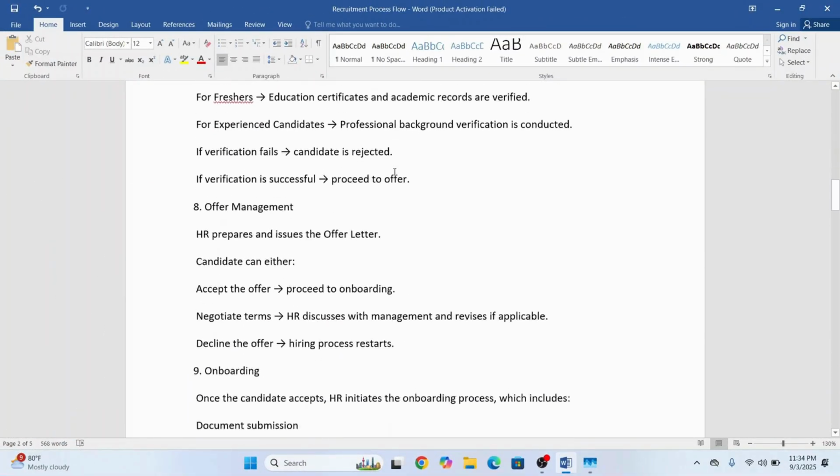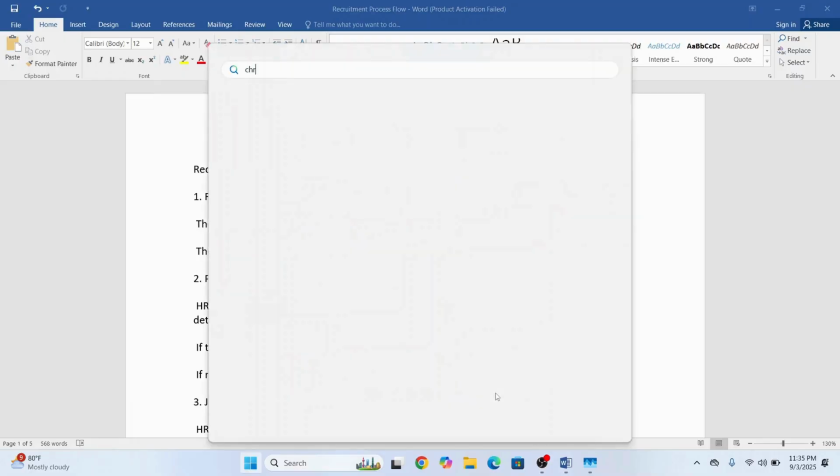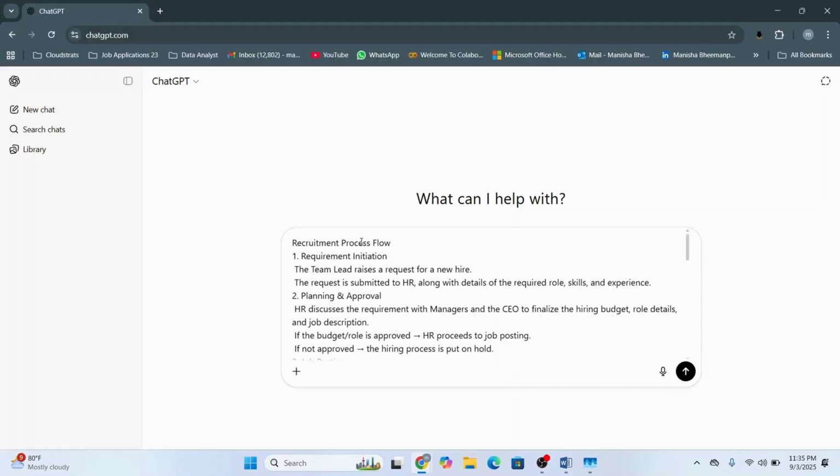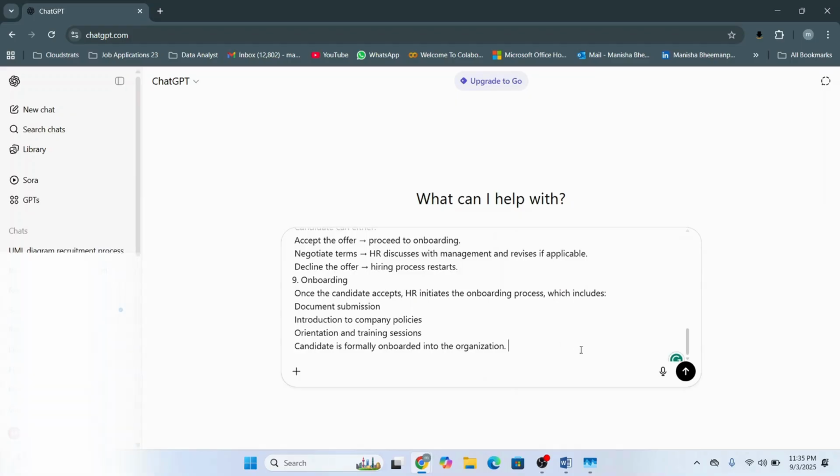First, we'll prepare the basic content that we want to convert into a UML sequence diagram. Next, head over to ChatGPT, paste the content you've created, and use the prompt shown on the screen. Once that's done,